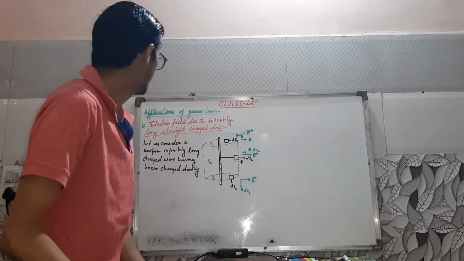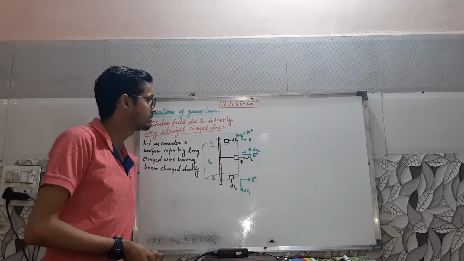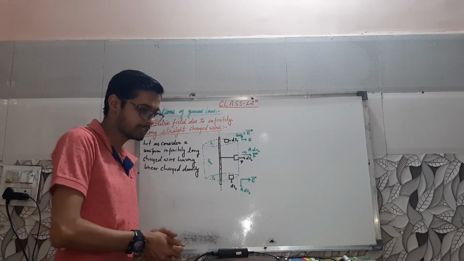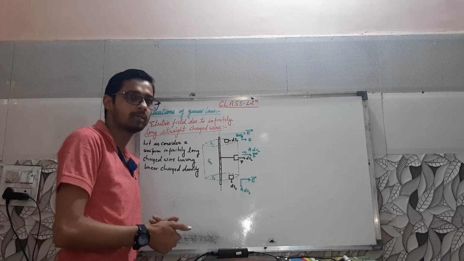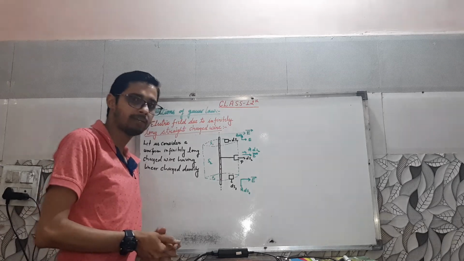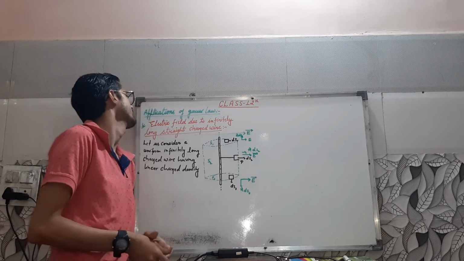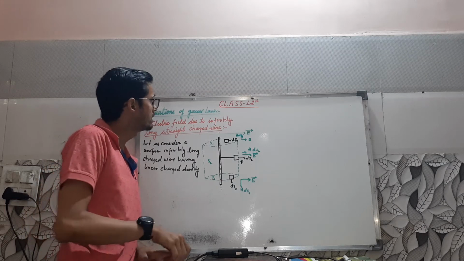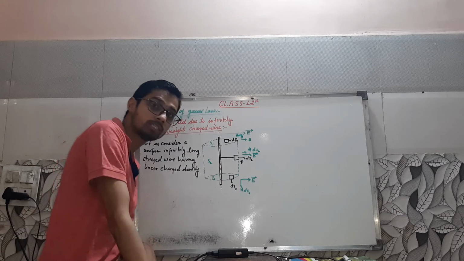Today we are discussing the applications of Gauss theorem. First of all, we discuss a physical term, Gaussian surface. A Gaussian surface is nothing but a hypothetical closed surface enclosing a charge. Why are we discussing it here? Because when we apply Gauss law in its applications, we use a Gaussian surface.